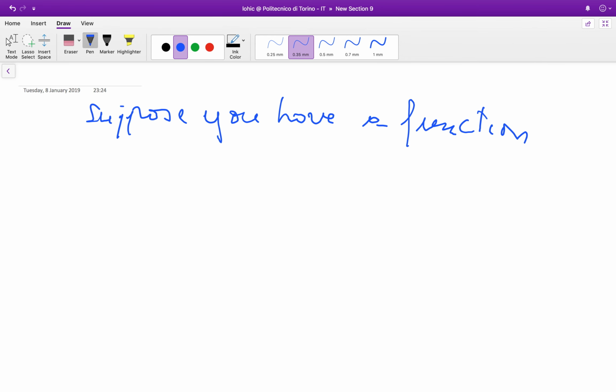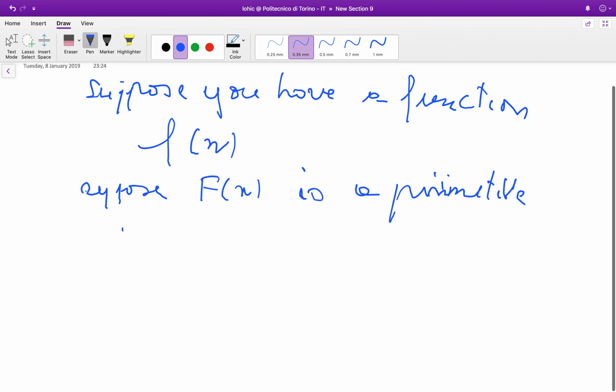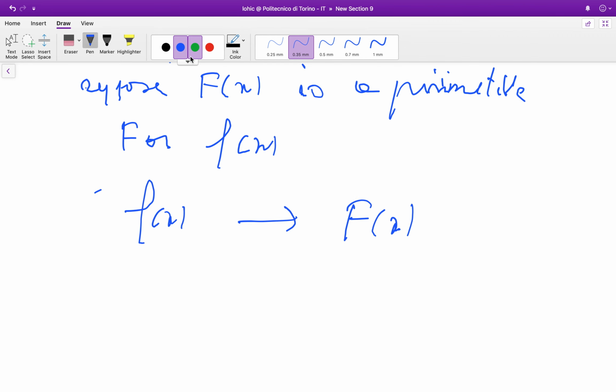Suppose you have a function f of x, and suppose that big F of x is a primitive for f of x. What I am claiming is that if you have f of x and one primitive, big F of x, then any other function g of x equal to F of x plus some constant